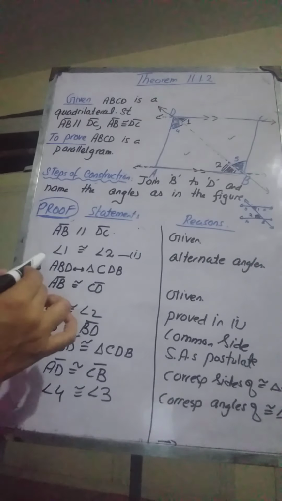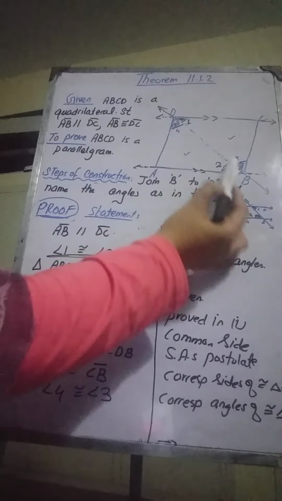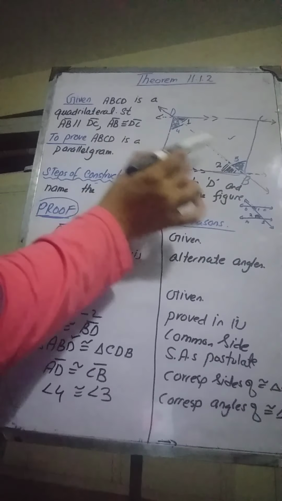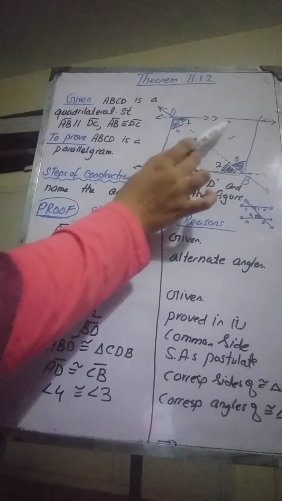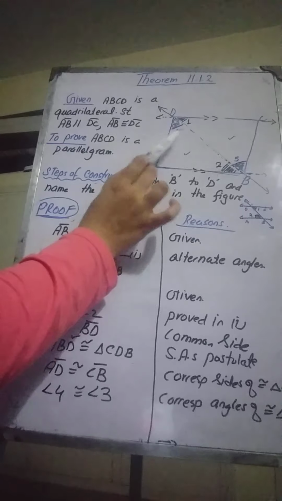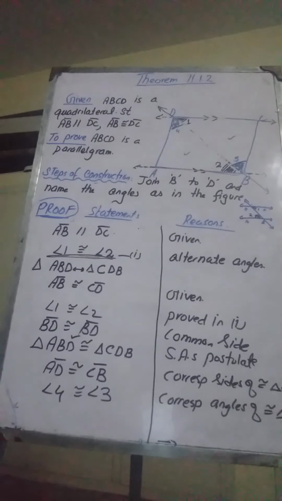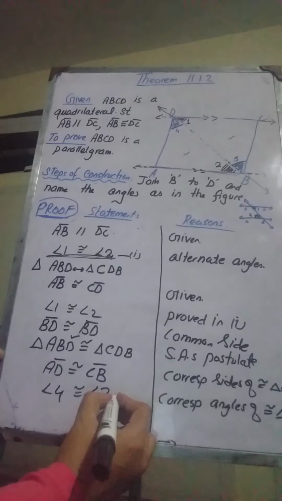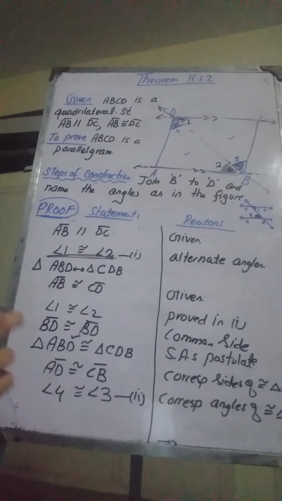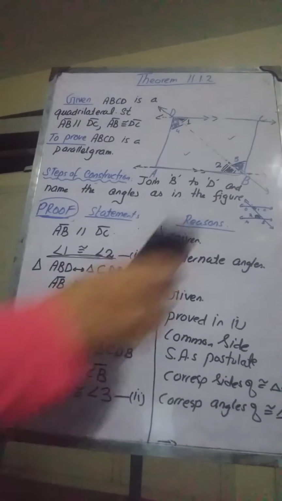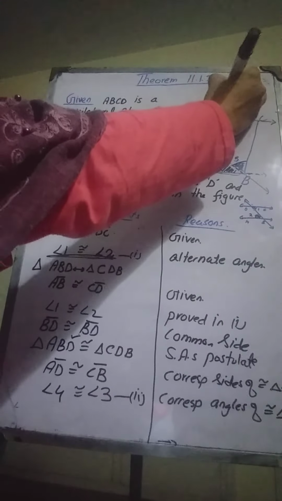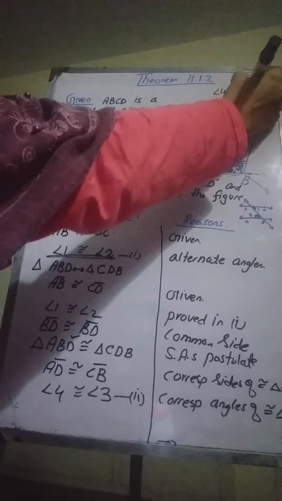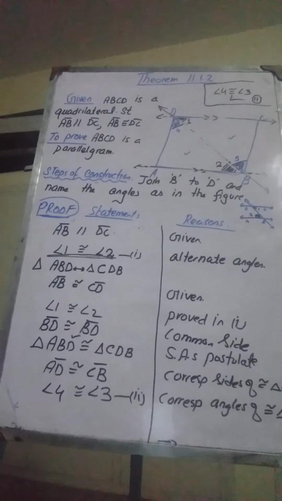Okay, before that we had proved that angle 1 and 2 are congruent. This was because of the parallel lines, but we didn't know anything about 4 and 3 because these lines were not parallel. Now we have proved with the help of congruency of these two triangles that angle 4 is congruent to angle 3. Now we will use this result, name it as result 2. I am going to write it here because we are going to use it. Angle 4 is congruent to angle 3. This is equation 2. We will use it because I am going to erase this.